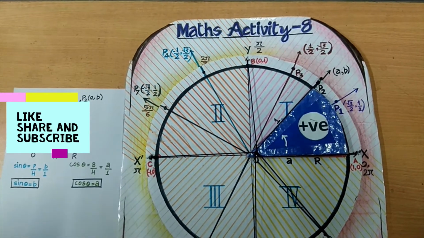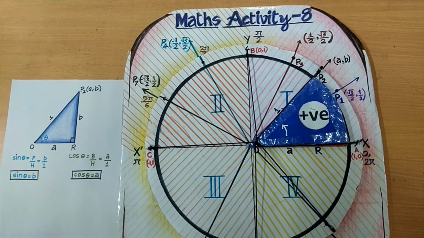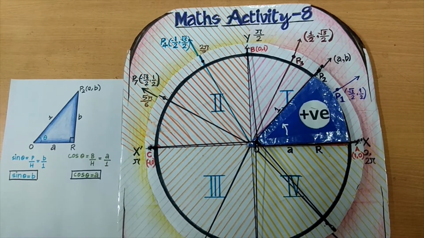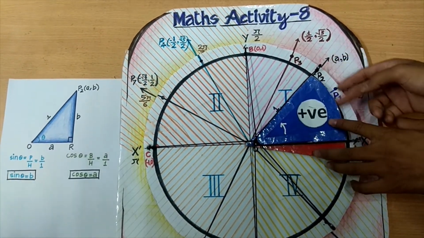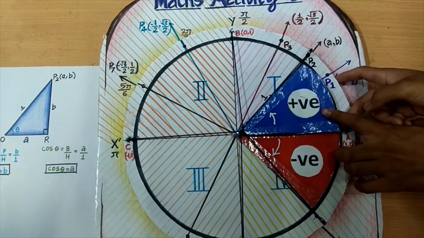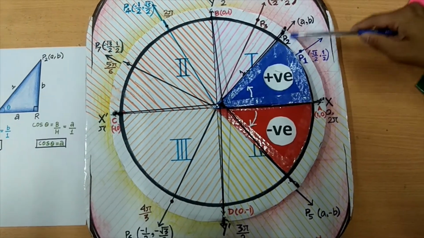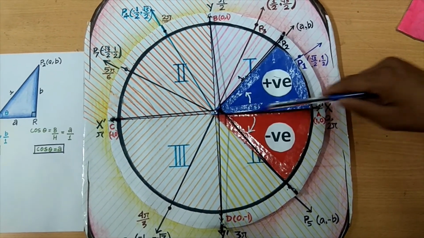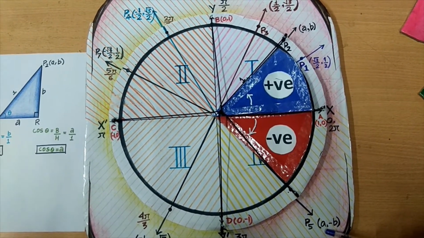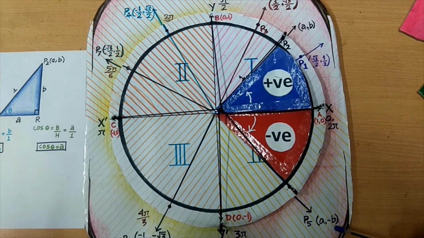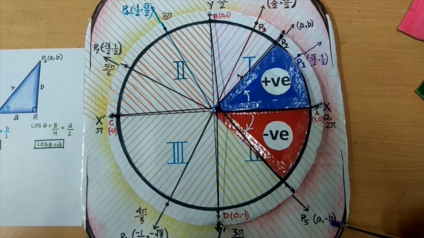We can also find out the value of sine or cosine function of negative angles. Let's take a positive angle theta with coordinates A, B. We will draw negative angle theta by rotating this angle clockwise. Since P5 and P2 are mirror images of each other with respect to the positive x-axis, the coordinates of P5 will be a and minus b, which implies that cos minus theta is equal to cos theta and sin minus theta is equal to minus sin theta.